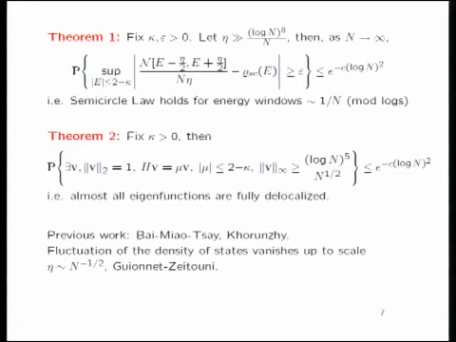And now eta is the width of the window. So here we take log n divided by n, and log n to some power. Later on I will comment about this width. And then as n goes to infinity, we find the probability, if you take energy in the bulk, we have